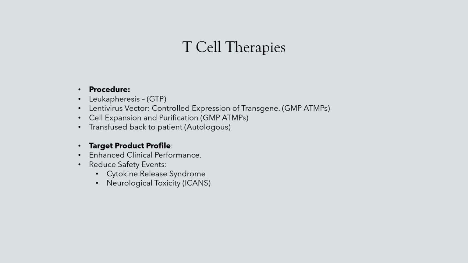Previously the co-stimulatory was CD28, and then that got updated, if you like, to 4-1BB because the CD28 had a lot more immune effects, or a lot more side effects. One of the side effects is cytokine release syndrome, CRS. Cytokine release syndrome is a severe immune reaction caused by rapid activation of your T cells. It can lead to high fever, low blood pressure, but it can also lead to organ damage, and so